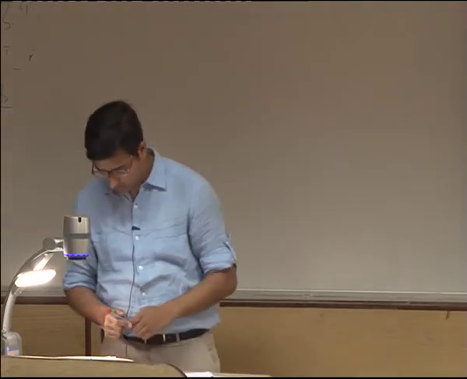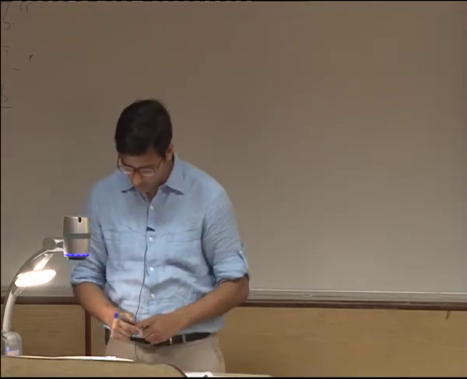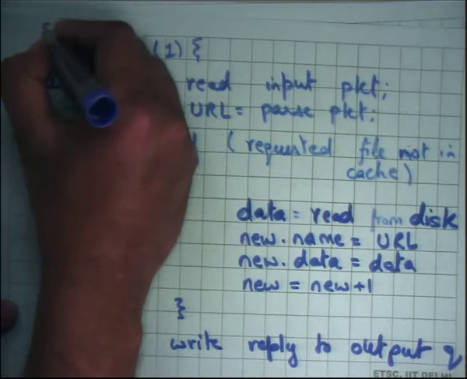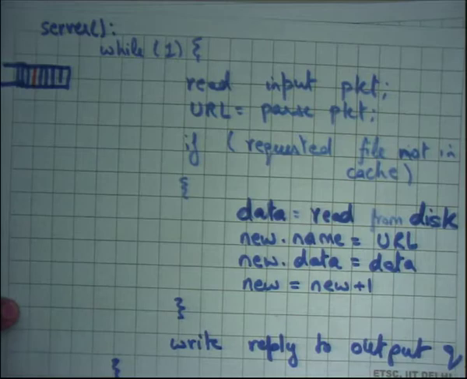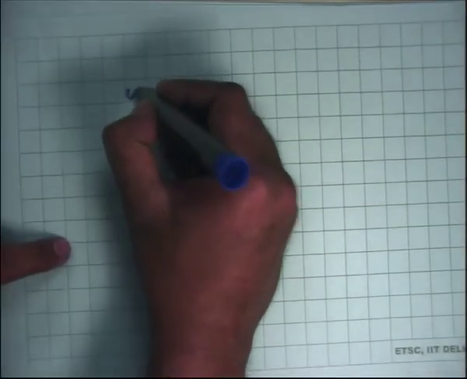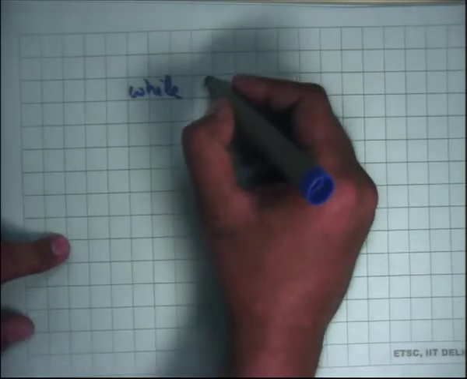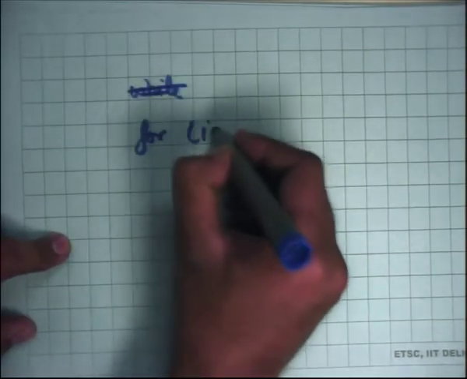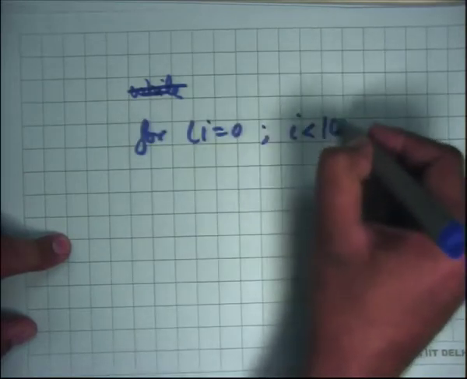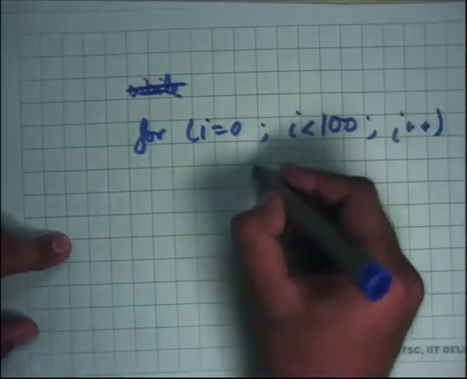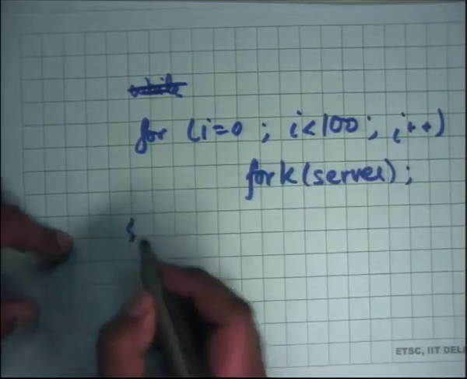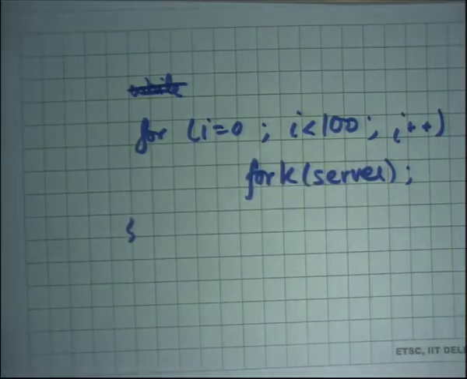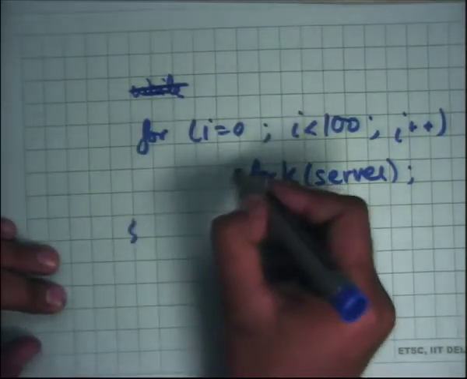All right. So what are you going to do? One way to do it is, let's call this the server. So let's say this is the function which is the server, and you could basically say something like this. You say, okay, I'm going to spawn 100. So let's say for i equals 0, i less than 100, i plus plus, fork server. So I forked, and let's say this fork is basically forking a thread, or if you prefer, thread fork.